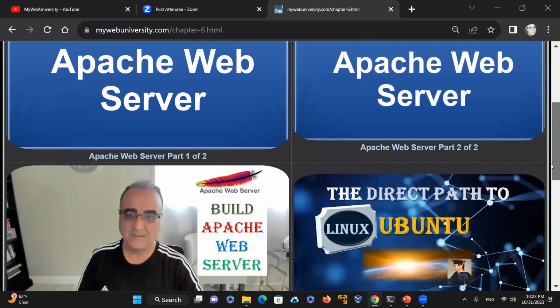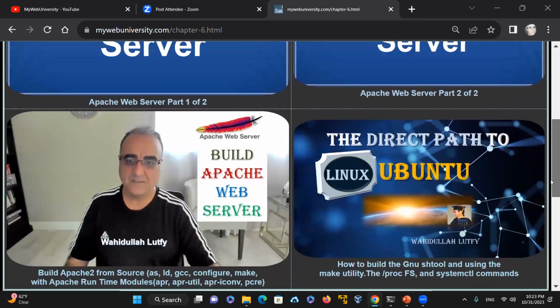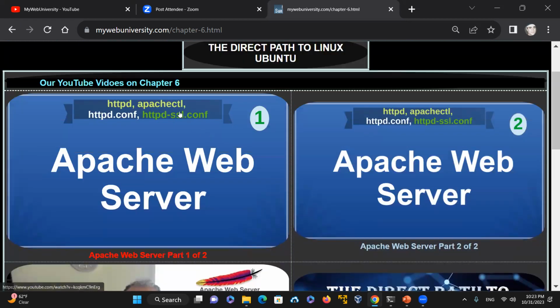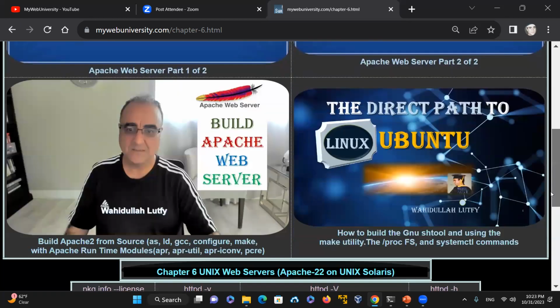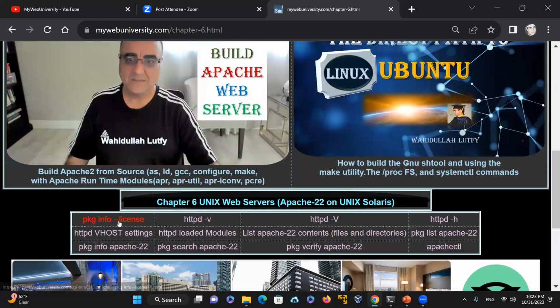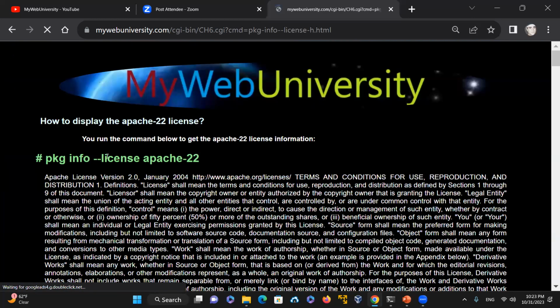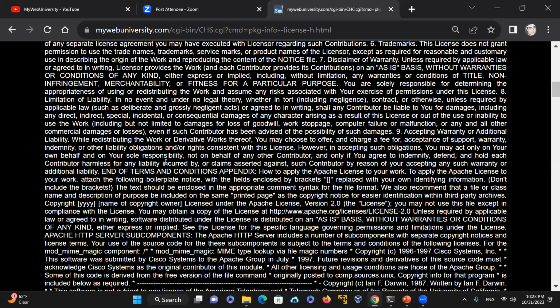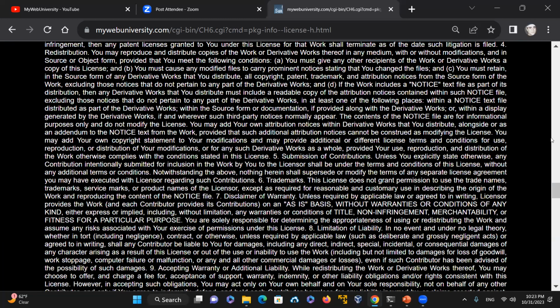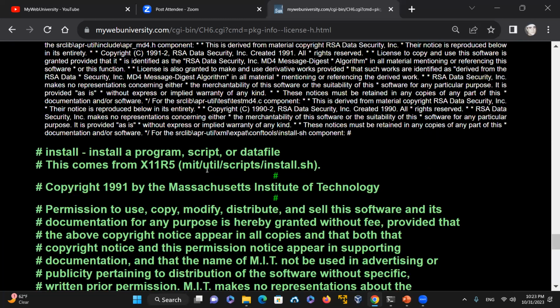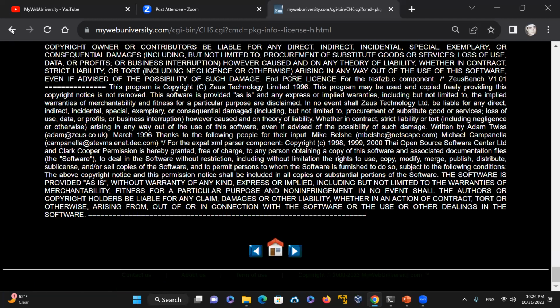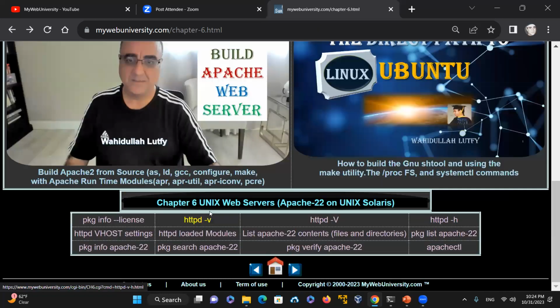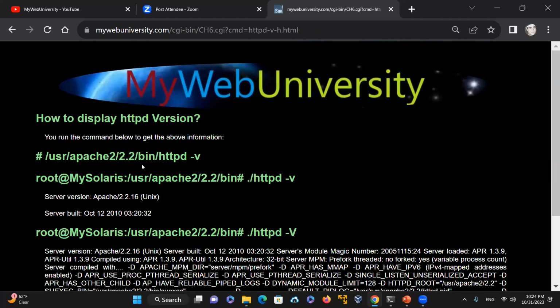You can also use the systemctl command to do it, as well as just the apachectl command itself. And then here are some examples about getting the package information on a Unix Solaris operating system that I was running on a local machine, a virtual machine, Solaris 11, and I just captured all this information for you to produce the output. Here again is Apache